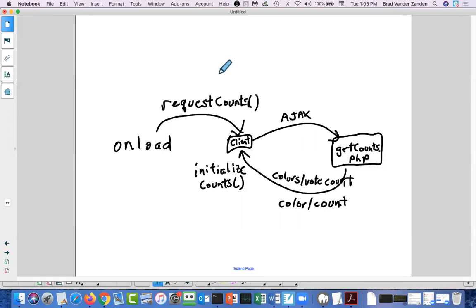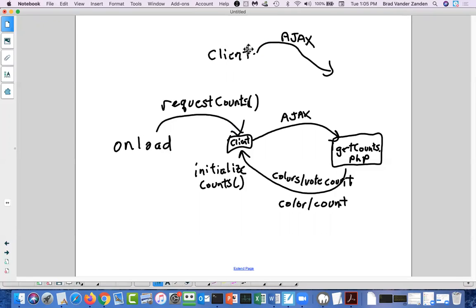Then the next thing that can happen is that on the client, you have a click. So the user selects a radio button. When the user selects a radio button, again, there'll be an AJAX request. Actually, there'll first be a call.